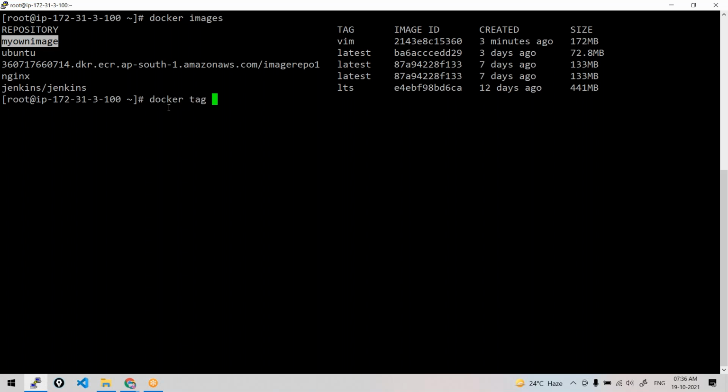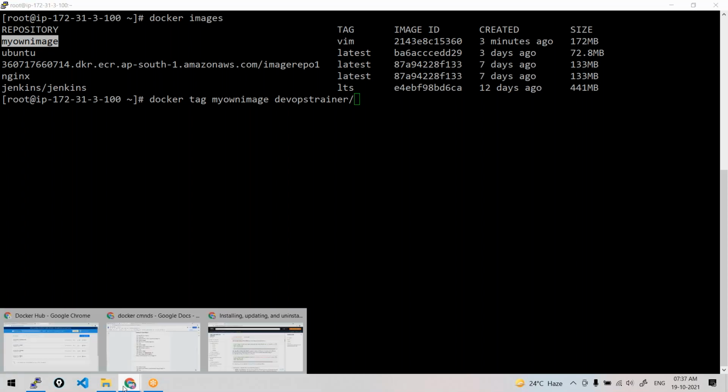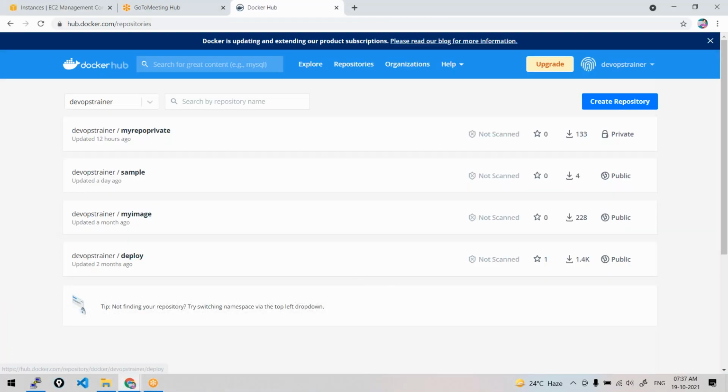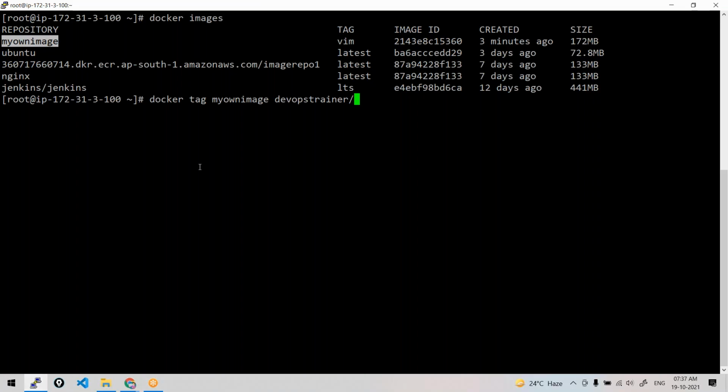So docker tag, the old image name, my own image, and where I want to push on Docker Hub. No registry. The username is my account, and then which repository. Do you want to push to any existing repository? Then give that name. Or else, if you want to create a repository by this name, you could write the same name.